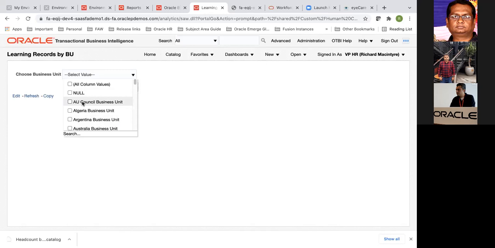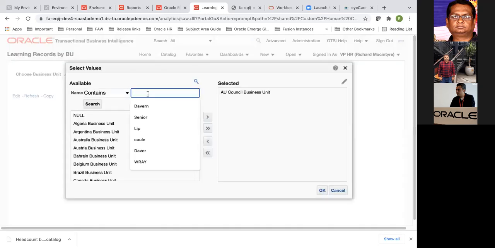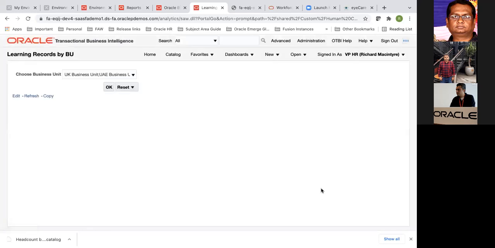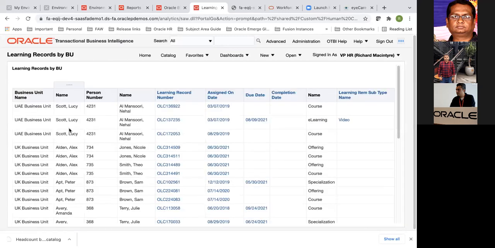So these are the 2 business units that I'm looking at. Okay, so it gives me UAE and UK records.